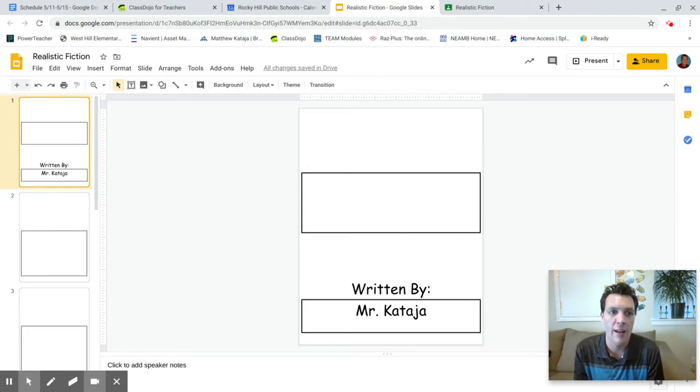And then we do our best, or in this case, we would find our best realistic fiction story and we would publish it. Then I would use it next year when I teach realistic fiction again. It's such a great help, so I'm super excited to do that. I've been testing this out and I've been able to publish some writing, but I want to share this video because I want to offer this to everyone.